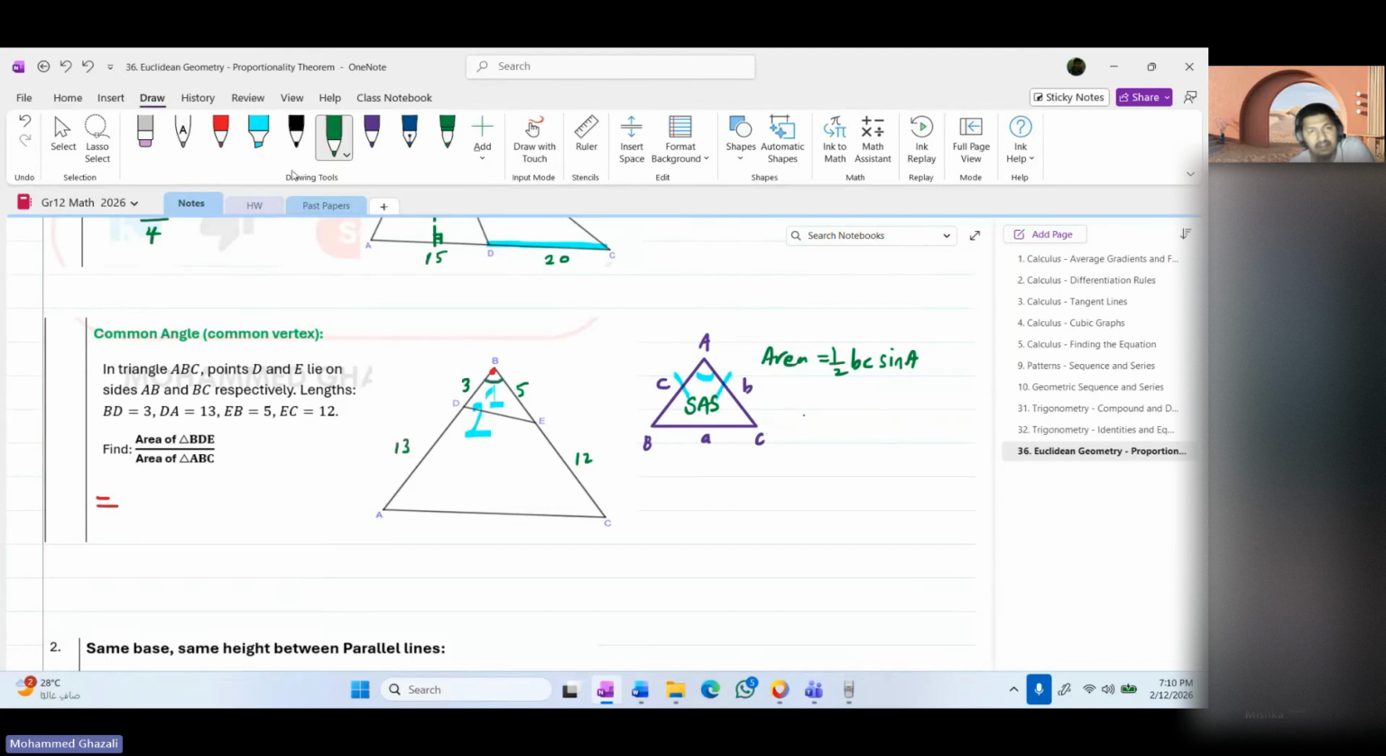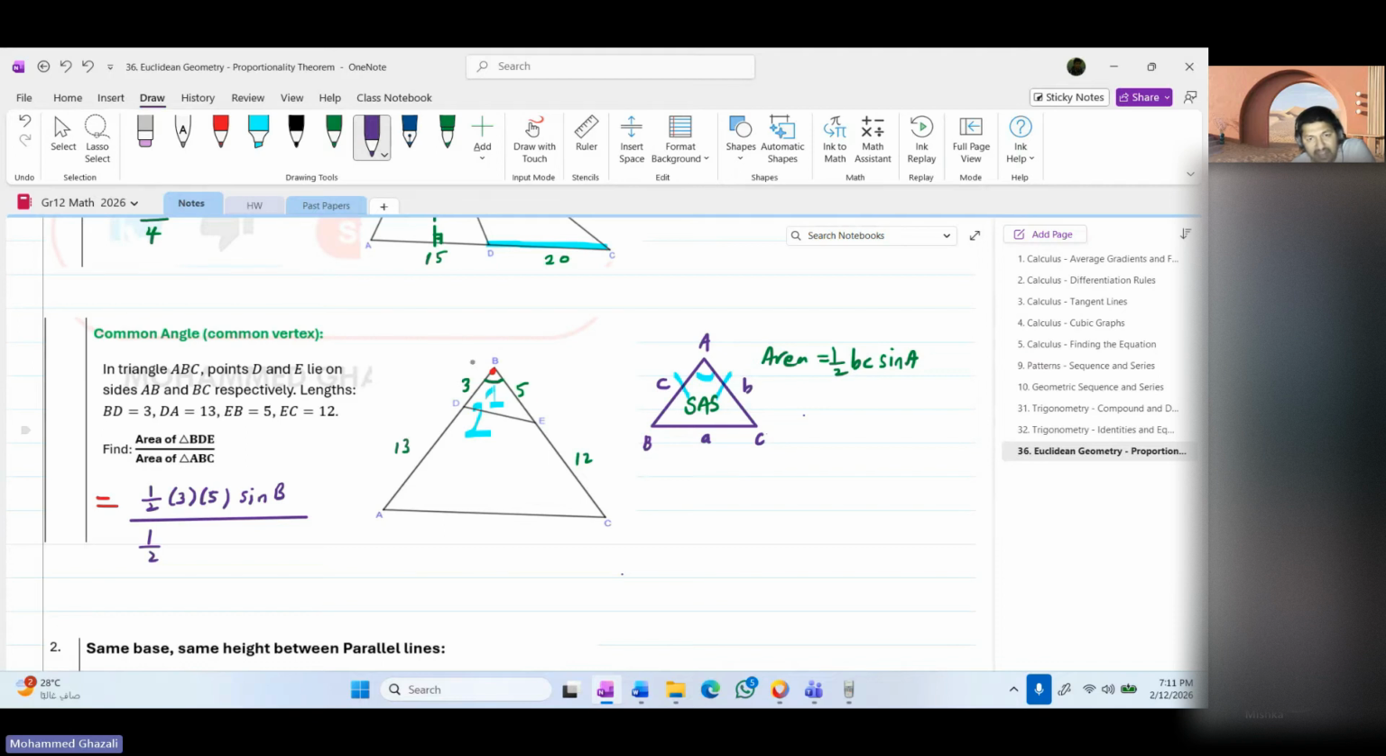There's your angle here, angle B. So I'm going to write down what's the area of triangle BDE. There's B. We have side angle side. So it's half times 3 times 5 sine of angle B. We have a common angle. And we're going to divide it by half